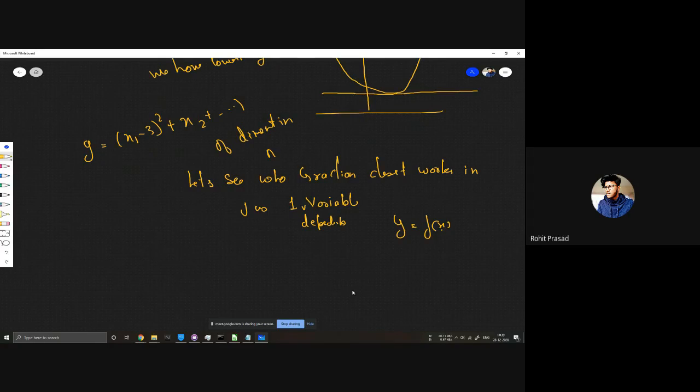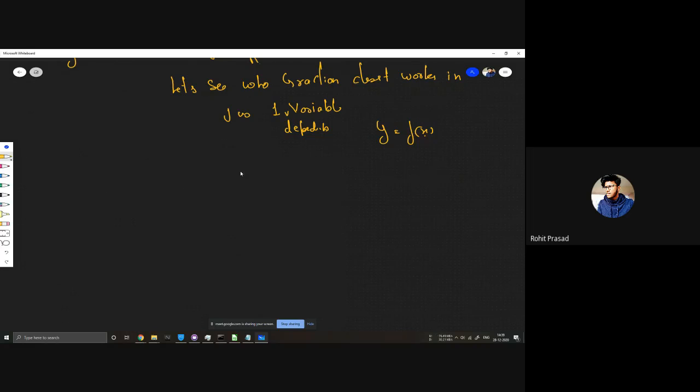Okay, so first let's plot that graph. This is your graph. By seeing this, you can say that the minimum point should be here, but the computer doesn't know that, right? So what we do is take a random point anywhere.